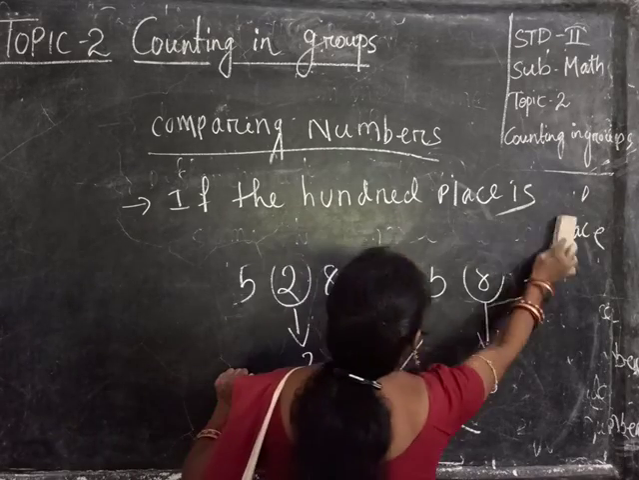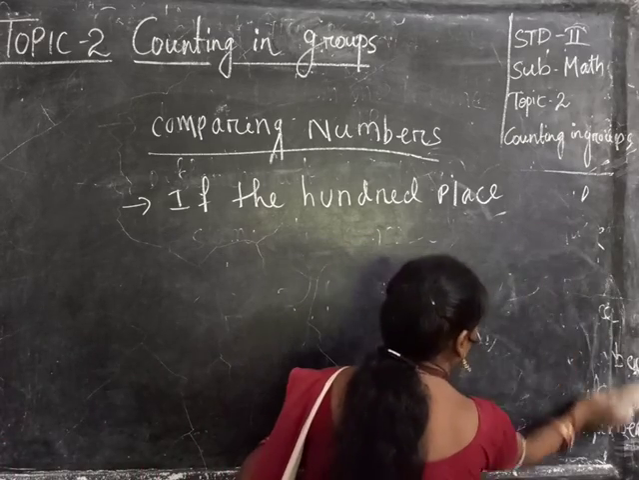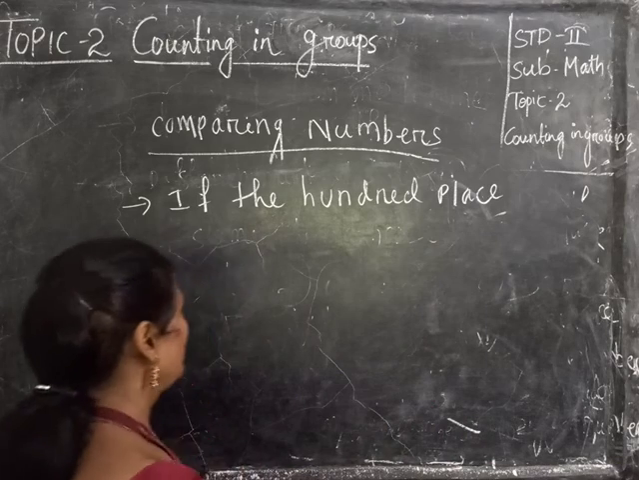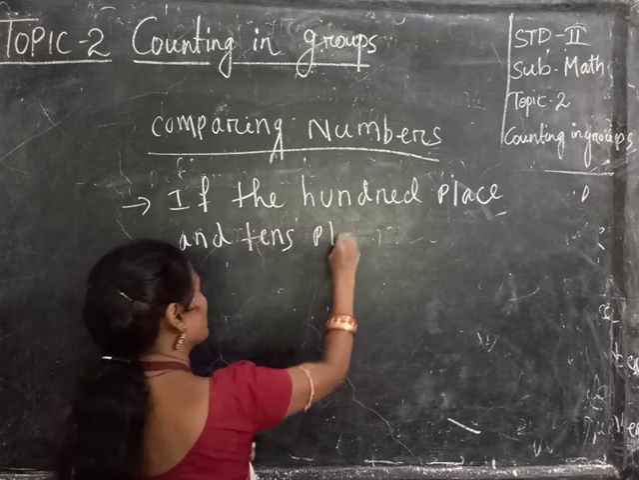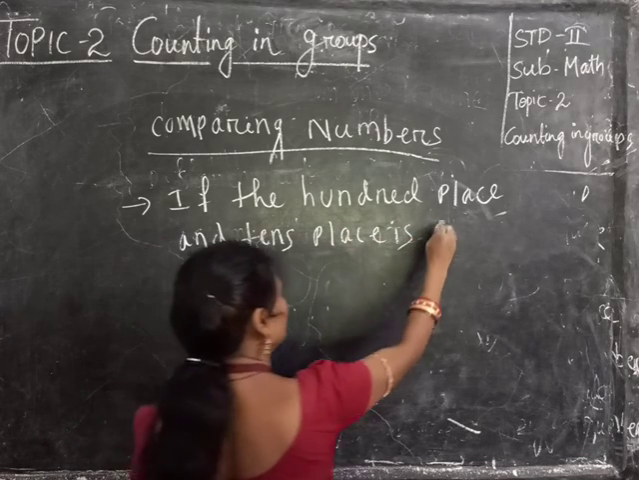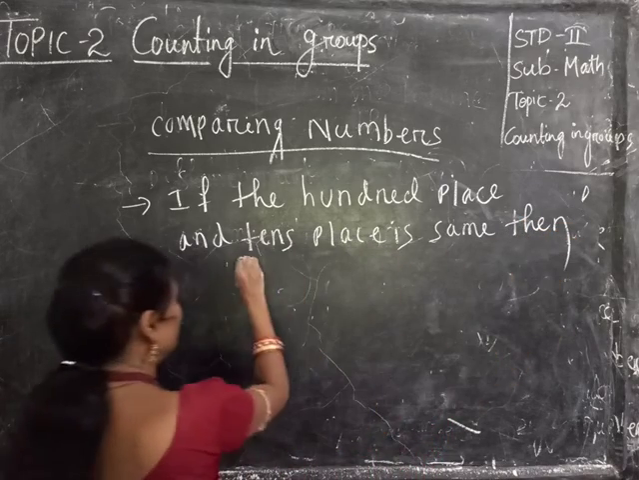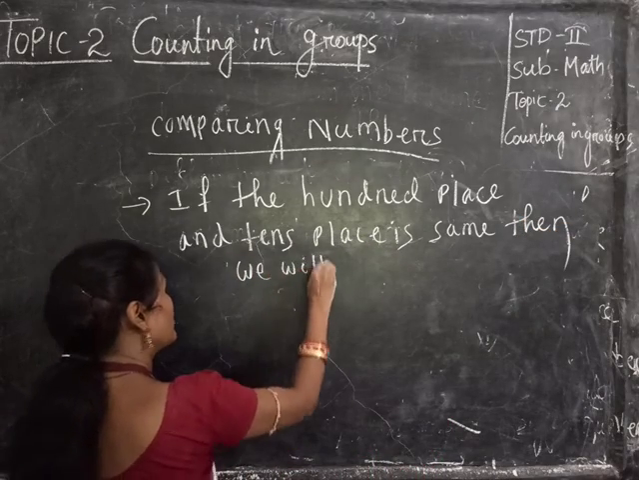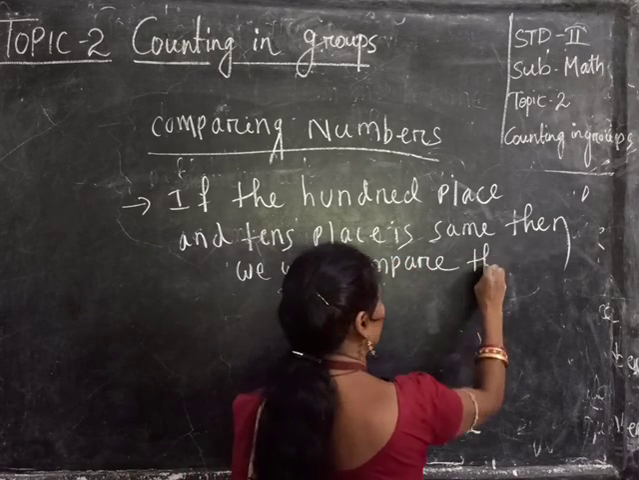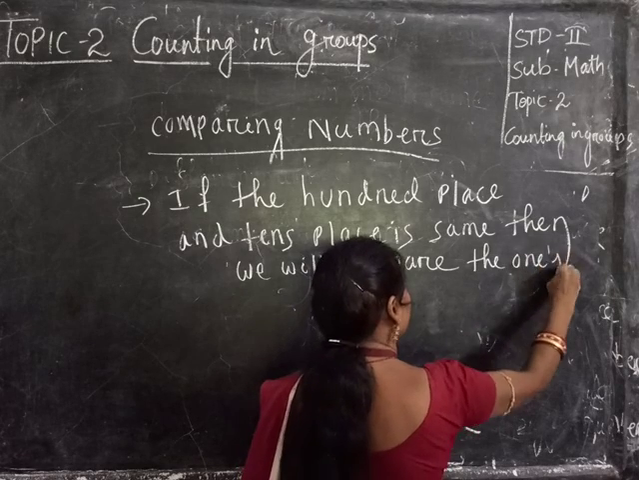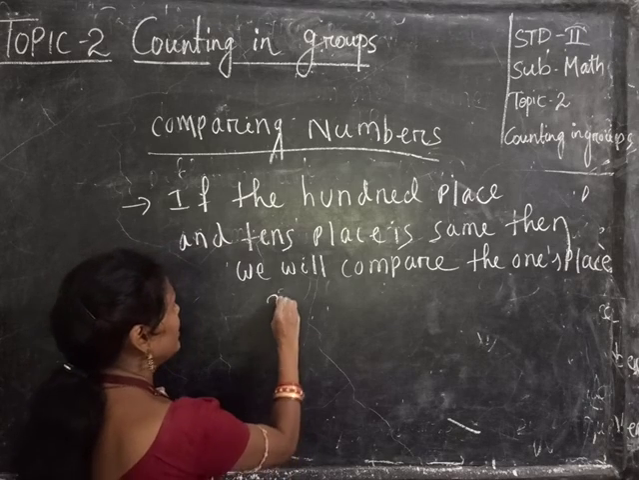Then if the 100 place and tens place is same, then we will compare the ones place, right? Which place? Ones place. You see